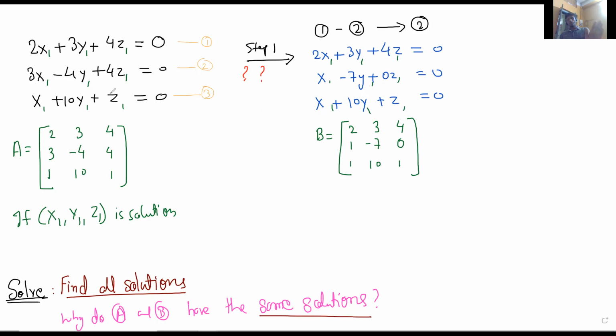So that is certainly true: solutions of A are contained in solutions of B. But how do we go the other way? Before you say or think, let me also say it via matrices. Can anybody say it in terms of what I've explained now? All this will help you get what we'll do later naturally from now. So I wanted to explain that solutions of A are contained in solutions of B